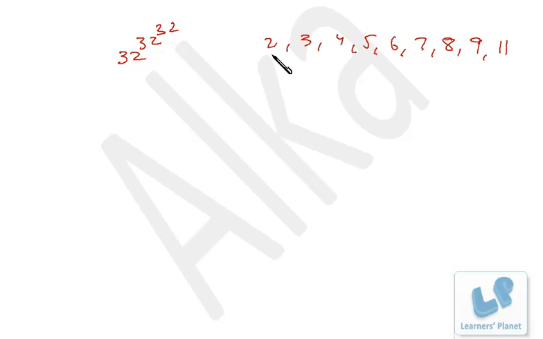Now when divided by 2, obviously it's an even number, so no remainder will be there, 0, right? When divided by 4, obviously no remainder. When divided by 8, no remainder, that's 0, right? Now for 3, 5, 6, 7, 9 and 11, we need to think how we calculate that. Now listen to me carefully.